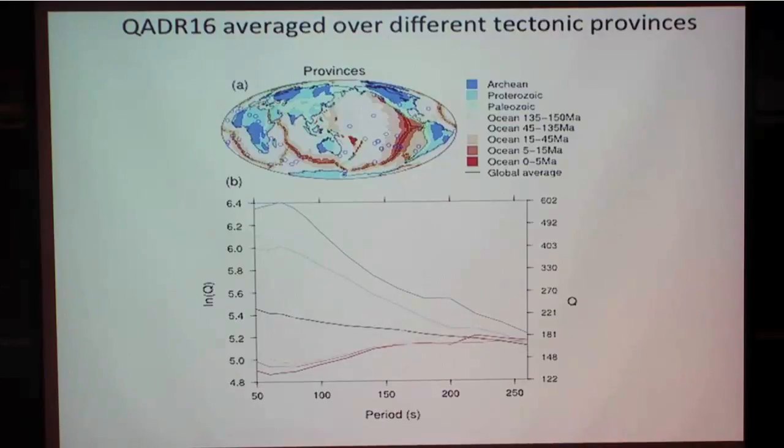Thank you. Okay, same topic. I was just looking at the Dalton and Ekstrom attenuation results, and they have very strongly attenuated ocean ridges down to 250 seconds. So how do you explain those? These are huge differences between your model and theirs. How do you explain where this is coming from?